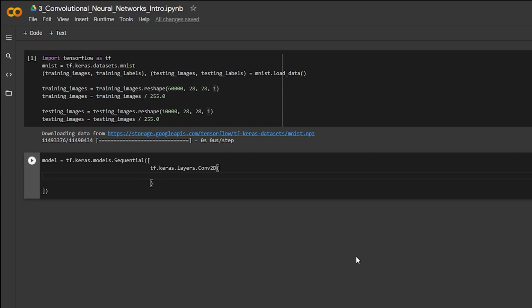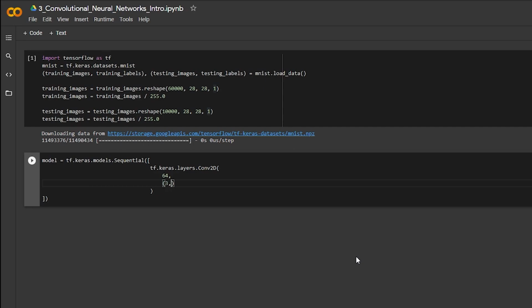Now here I'm specifying 64. So the number of filters that I'm using is 64. Just like there are horizontal or vertical filters, there might be a lot of filters. You can put it the way you want. You can put 32 filters, you can put 128 filters. So I am applying 64 filters. After that, you have to specify the size of the filter. So I'll say 3 by 3. That is the size of my filter that I'm specifying.